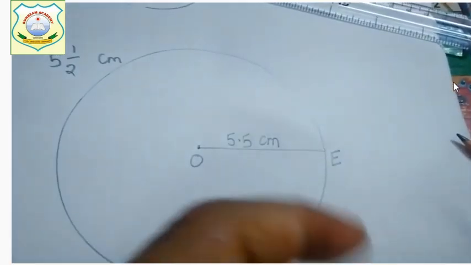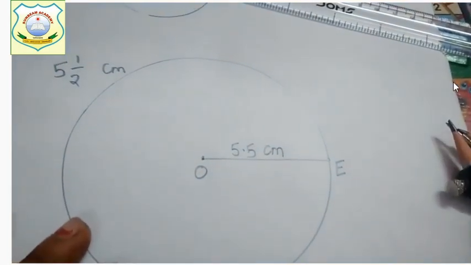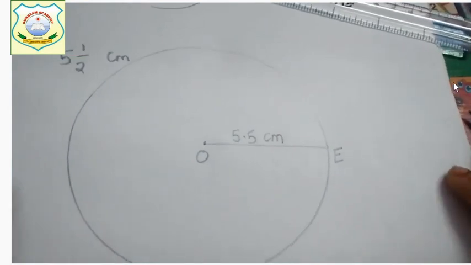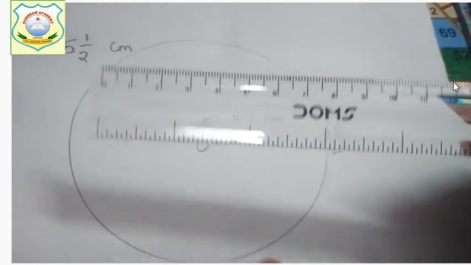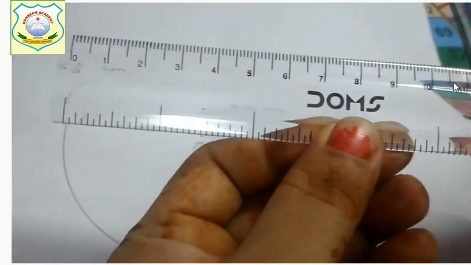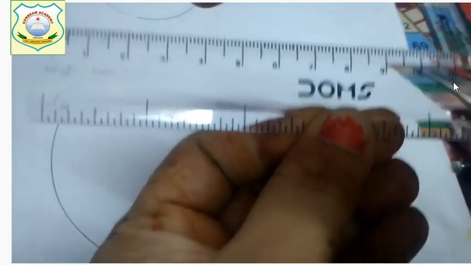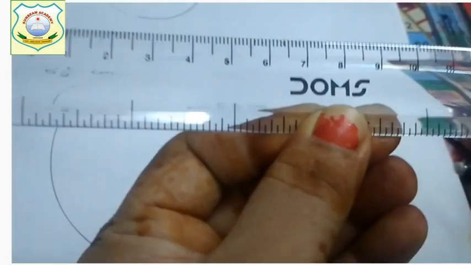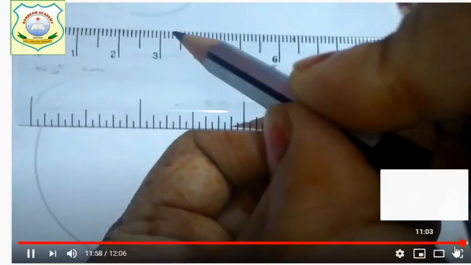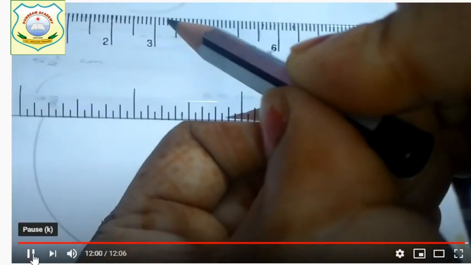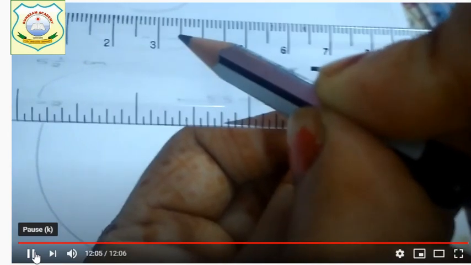So children, now you have seen, one more question is there. You have to draw a circle of 8 centimeter, but that is your homework. So now you all have seen how we draw a circle. I will show you how to measure 0.5. See, this is a ruler. If suppose we have to draw a circle of 3.5 centimeter, then we will see this is 3. Now count the 5 points. 1, 2, 3, 4, 5. So this will be your 3.5 centimeter.